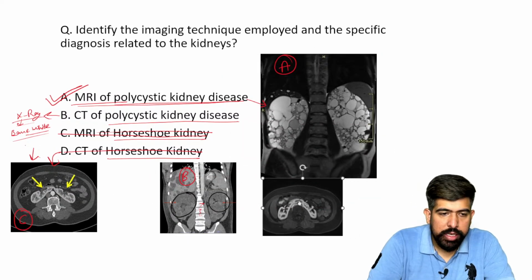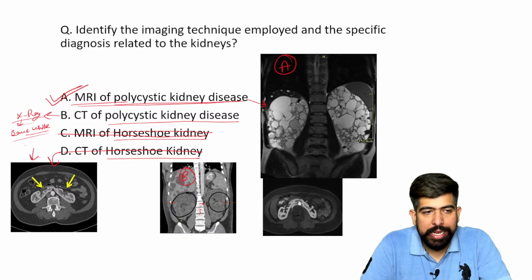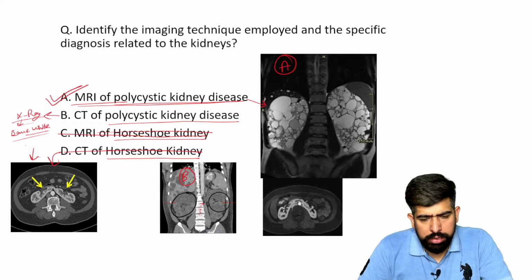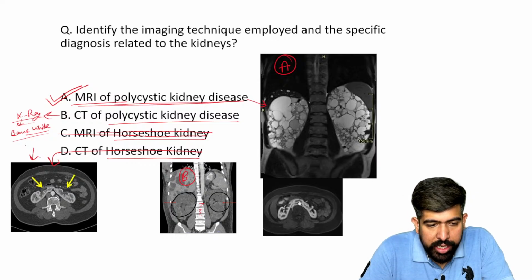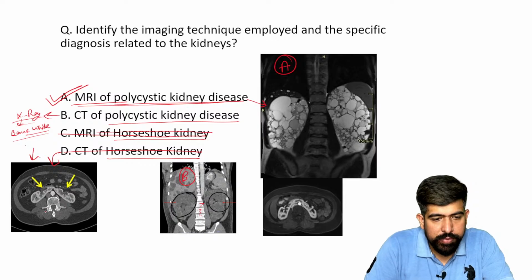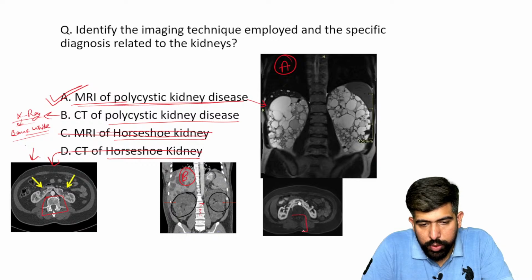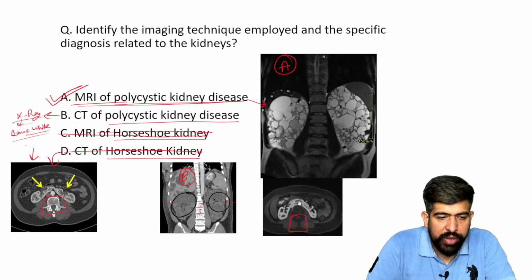Now, for understanding, please look at this image and this image, and try to reply to me which is the CT and which is the MRI. Just by seeing, it is easy to understand and easy to remember. Look for the bone. What is the bone? You can see the vertebral column. Check out the vertebral column. How is it shown over here? Just by seeing it, you can identify this is the CT.